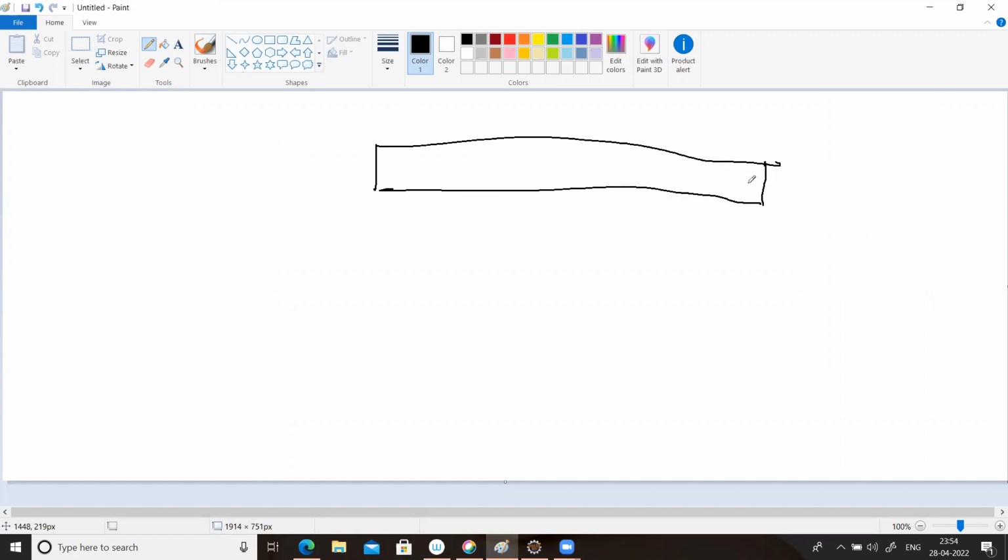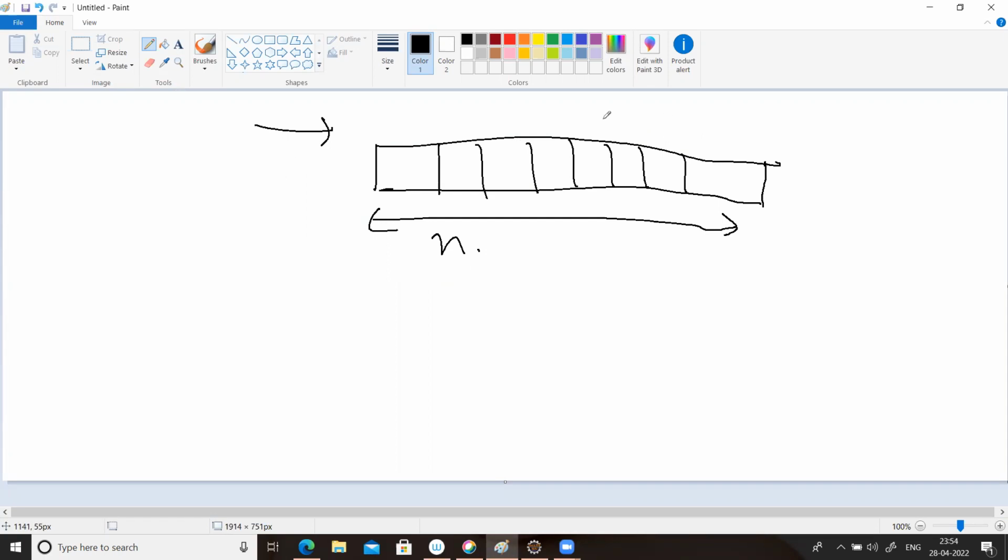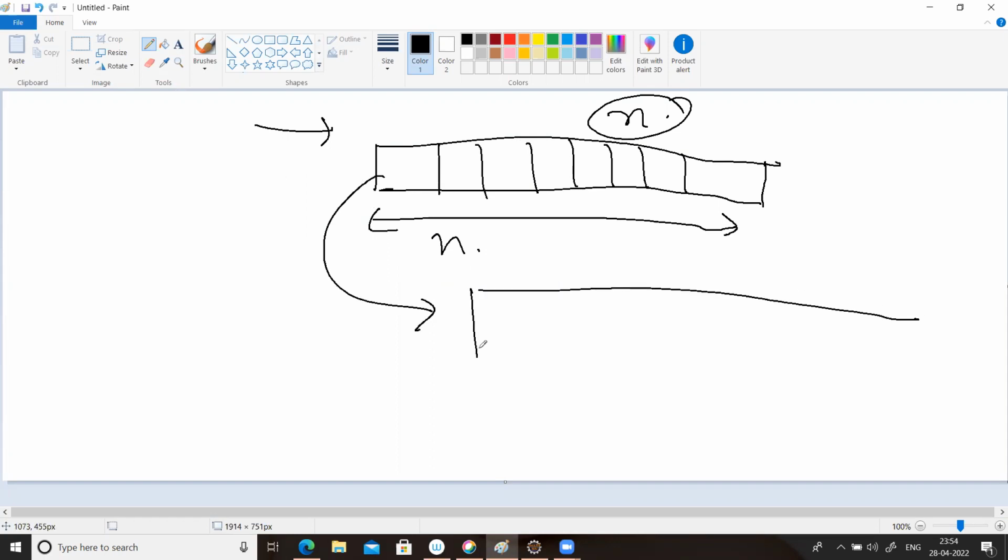Suppose you have an array of size, say, n, and you are adding elements to this array. If the element count is approaching n, then internally it creates another array, and that is almost